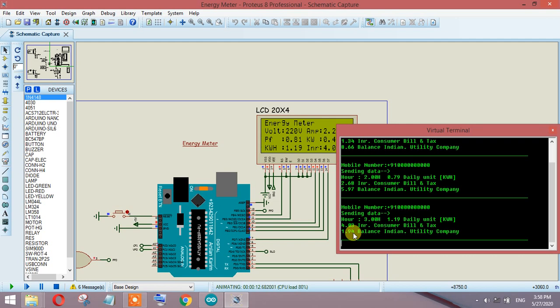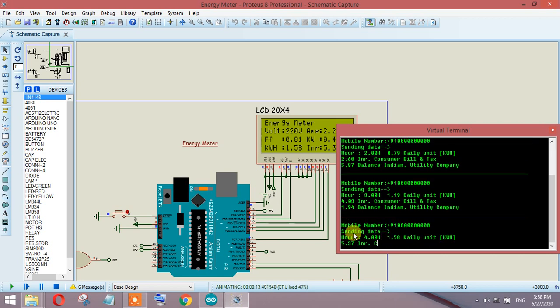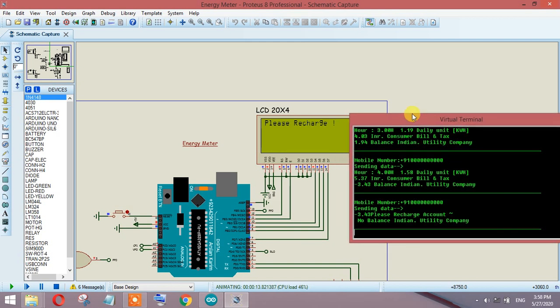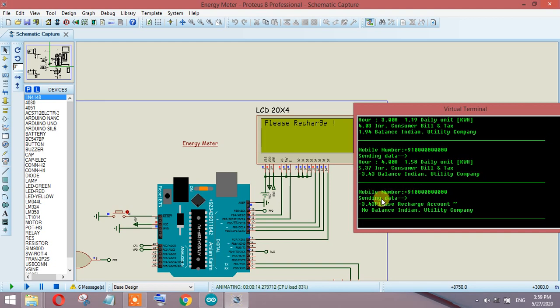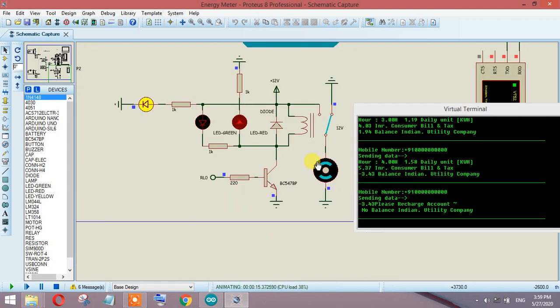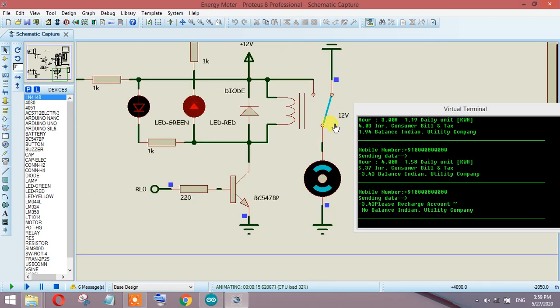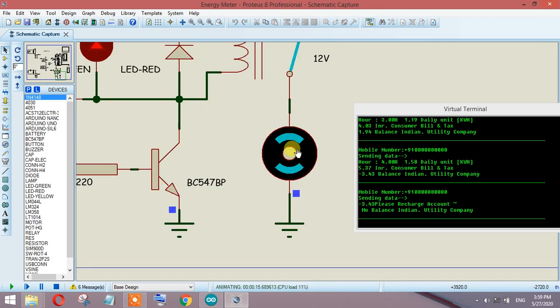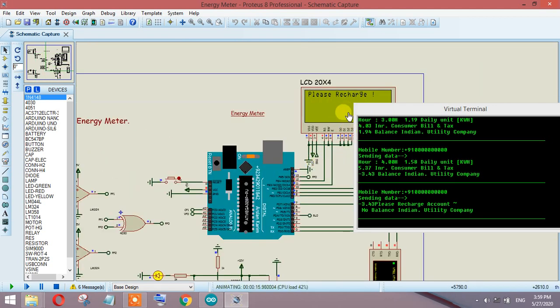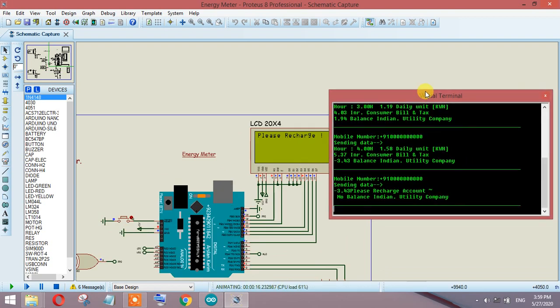If the balance drops to zero, then this will turn off the load, and it will also start showing that it is sending data to the mobile: please recharge your account, no balance. It is Indian rupees, or you can add any currency according to your country. You can see this is turned off. This is a 12-volt load, but this is just a demonstration; you can add a 220 volt load or anything you want. So that is what this is all about.